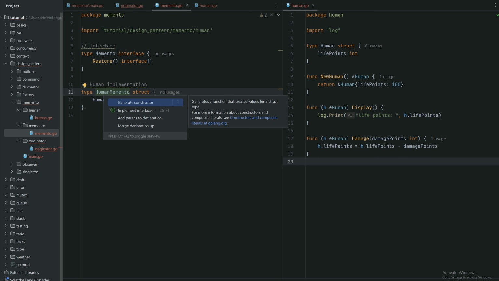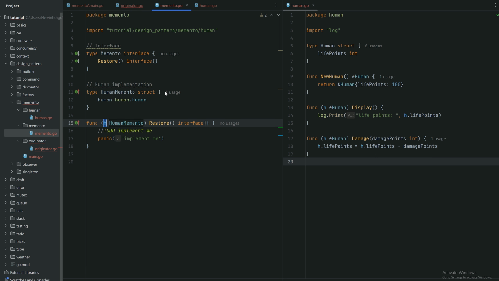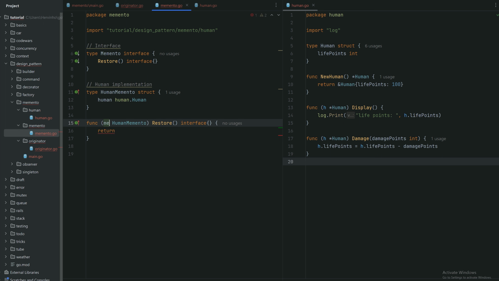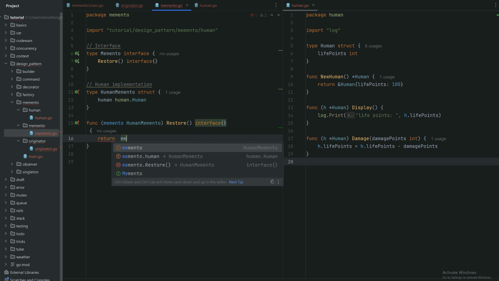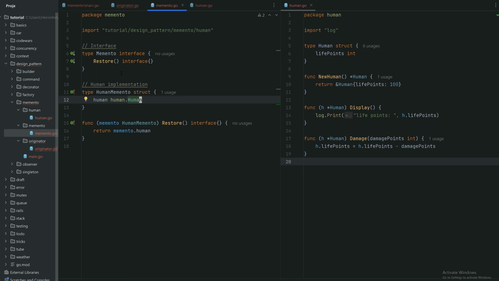So very straightforward. So just using ID shortcuts to implement the Memento interface, and that restore method will be able to return you the human stored in the Memento. So not human.newHuman, but the memento.human. There you go. Okay, so if we